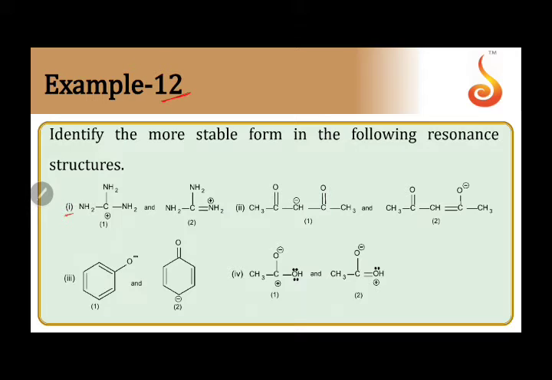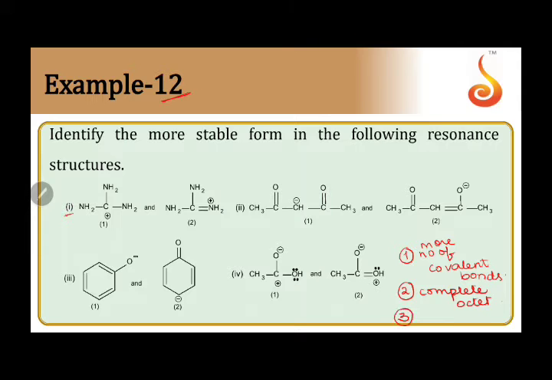Here we can follow the rules of resonance. The first rule of resonance is to count the number of covalent bonds. Whoever has more covalent bonds is more stable. The second rule is, if the number of covalent bonds is the same, then we see if there is any atom with an incomplete octet. If there is an incomplete octet, we watch out for a carbocation, which would mean that species is less stable. So complete octet means more stable.